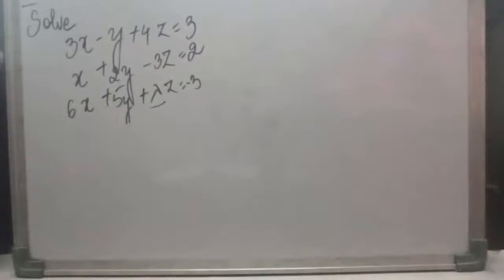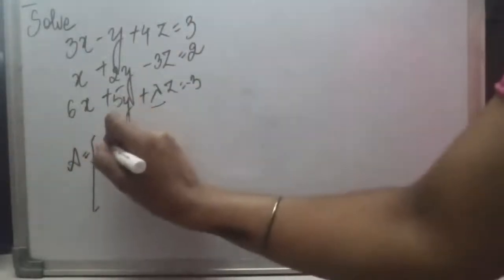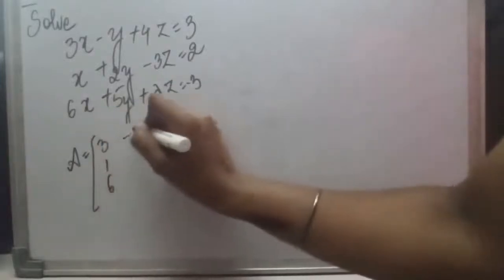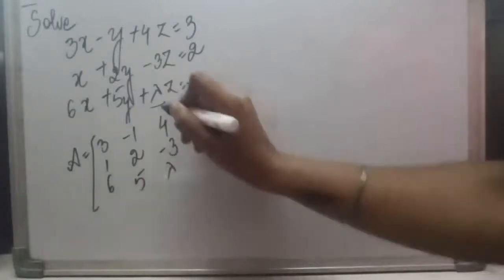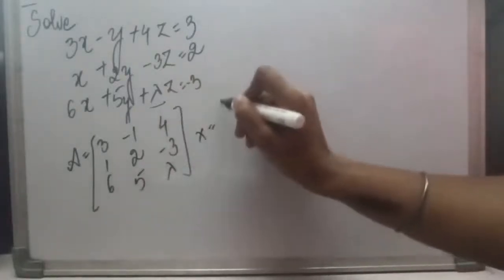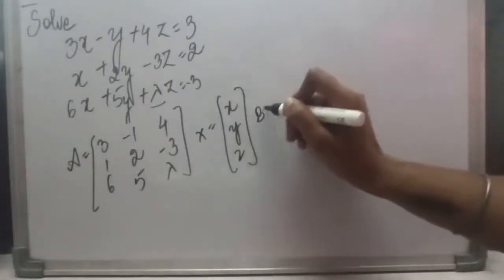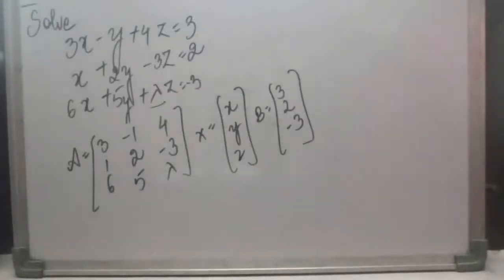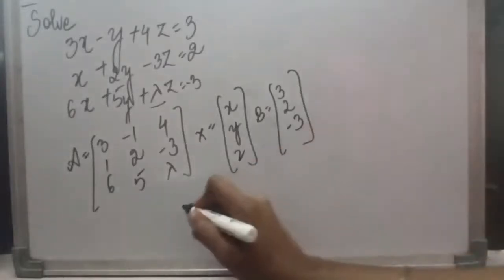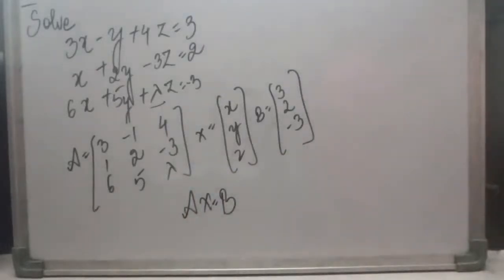So before initiating, as we have already seen in every question, what we generally do is take out the values of A from the equations. So here it will be lambda, because the value given is lambda. X is x, y and z, and B is 3, 2 and minus 3. So these are the values. Now we will start with the same equation that we have seen, AX equals B. This is the same equation we are going to start with.